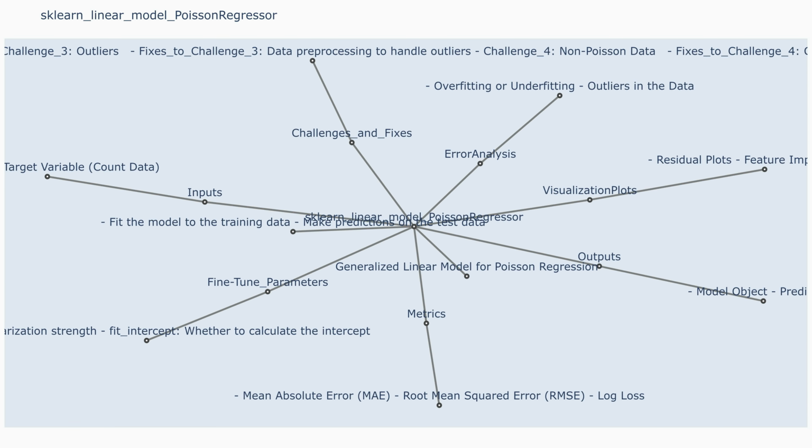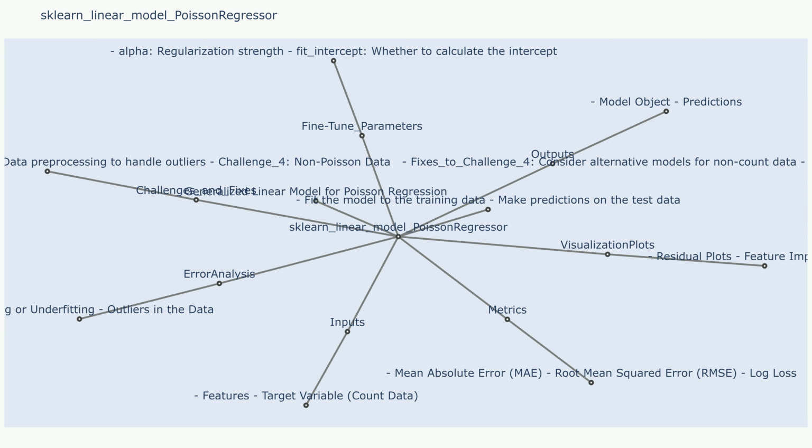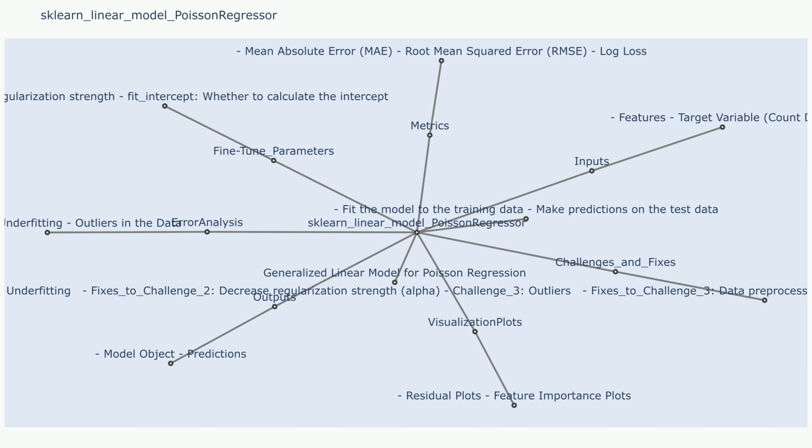sklearn, linear model, Poisson regressor. Description: a Poisson regression model that uses a generalized linear model (GLM) with a Poisson distribution to predict count data. It assumes that the target variable follows a Poisson distribution, which means that it represents the number of events occurring in a fixed interval of time or space. The model estimates the parameters of the linear function that relates the features to the expected value of the target